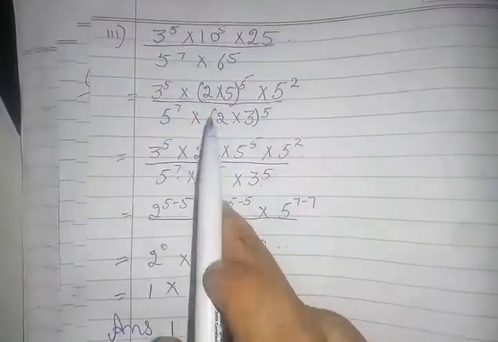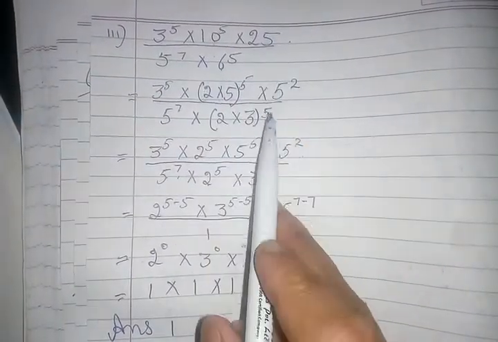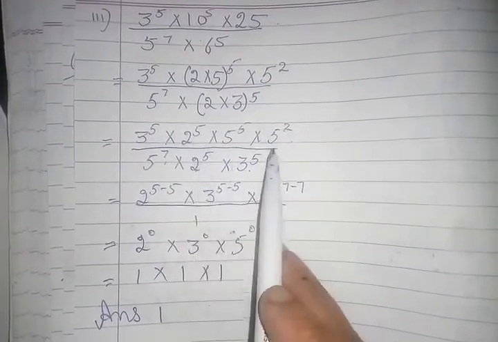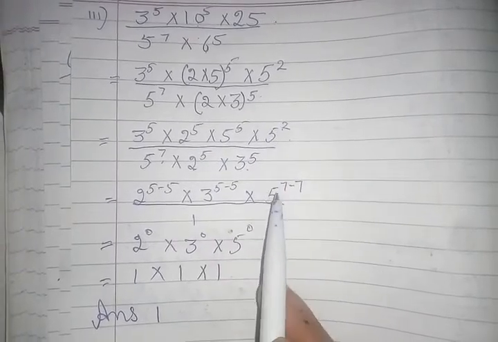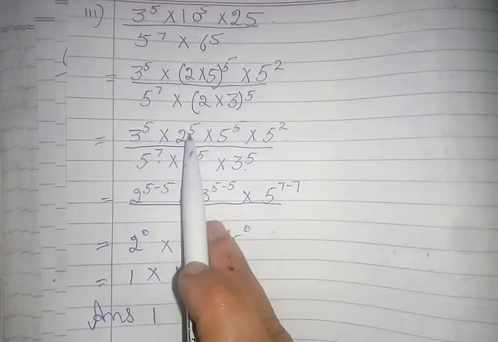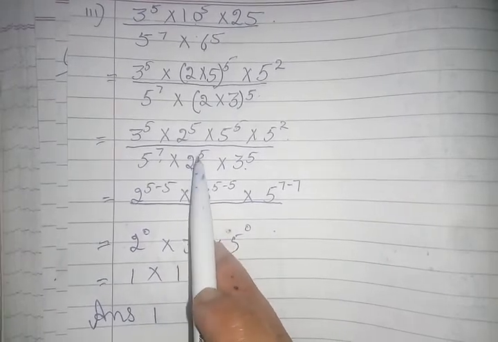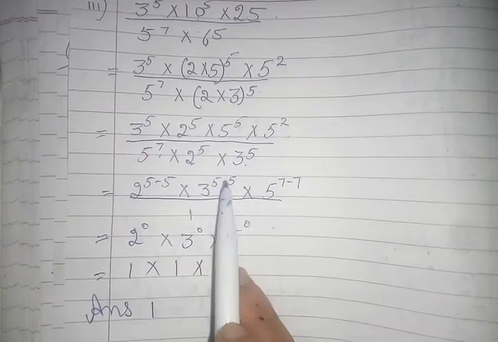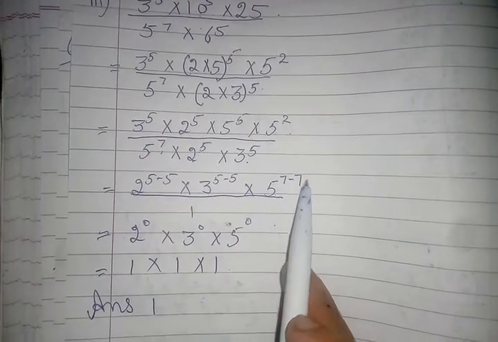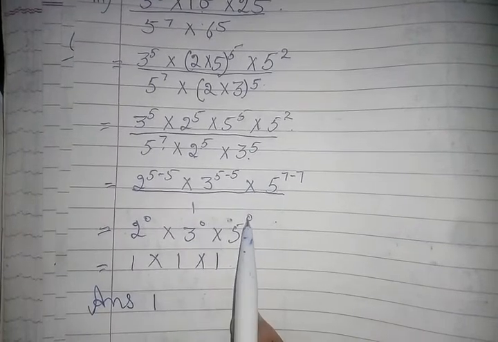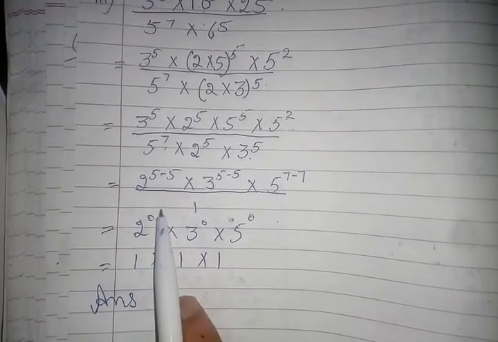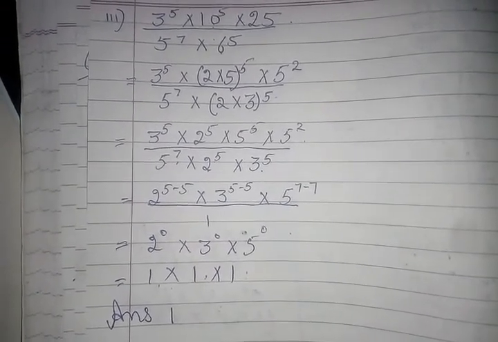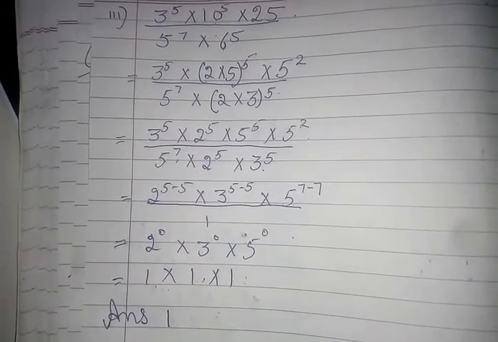Is it clear? First, break the composite numbers, make prime factors, then separate them. You may add the powers here, and then division, bases are same, so you will subtract the powers. 5 minus 5, 3 raised to power 5 minus 5, 5 raised to power 7 minus 5, and each power is 0, so something raised to power 0 is equal to 1. 1 into 1 into 1 is equal to 1. So this was your last sum of this